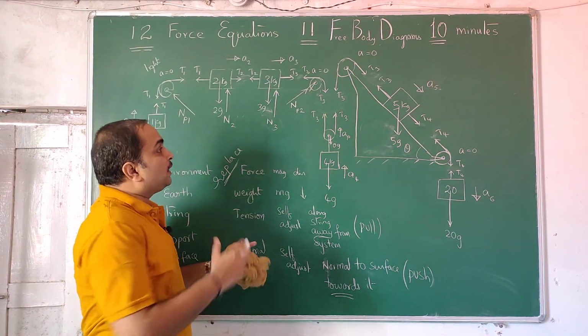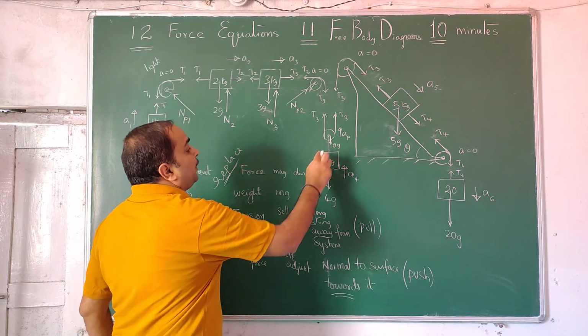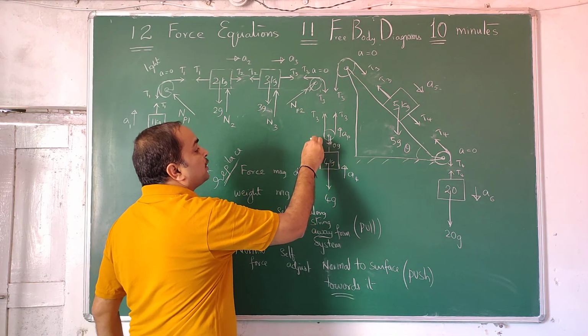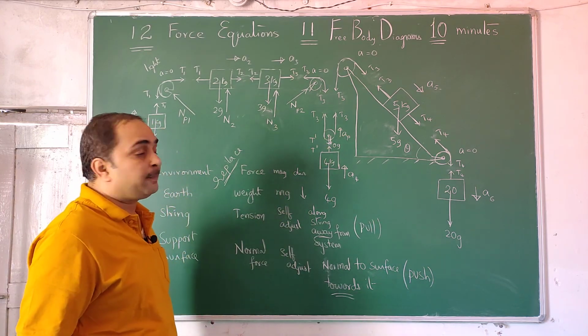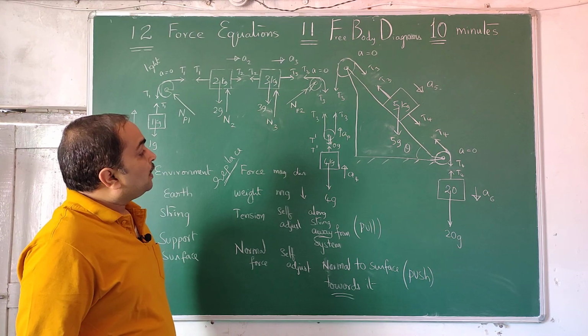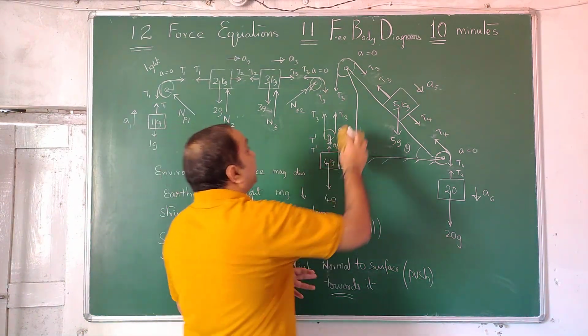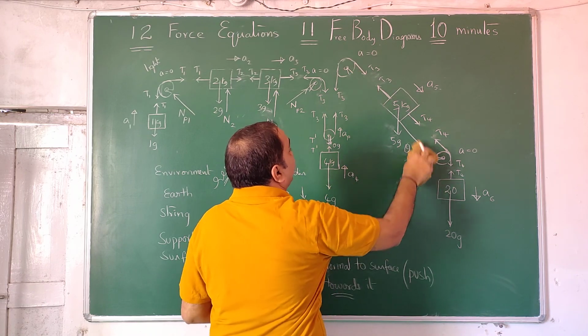See, you have to be conscious here because we are doing so many things at the same place. Now, coming to the tension we forgot. We are writing T1, T2, T3; if you forgot something, you can write T dash, along the string away from the system. Now this is hanging, not being supported by any surface, so we don't need to write it. This pulley stays there only because of the support.